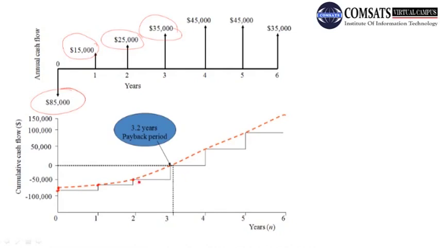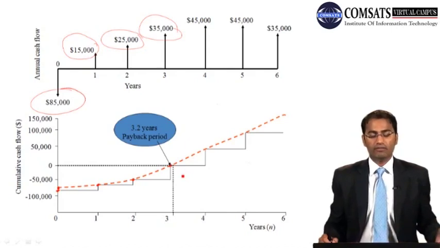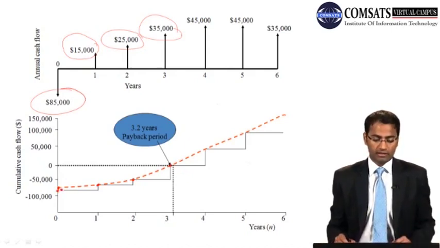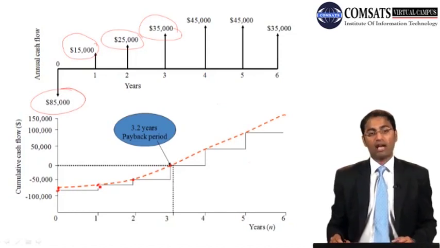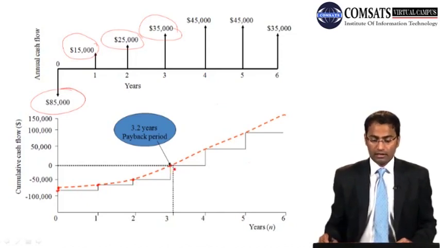Okay, so when we have the accumulated figures, we place the minus 85, then minus 70,000, minus 45,000, and then minus 10,000 over there,